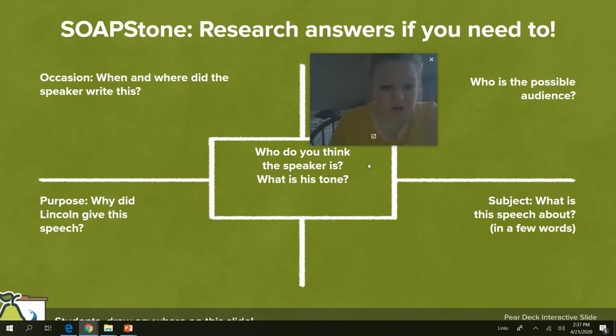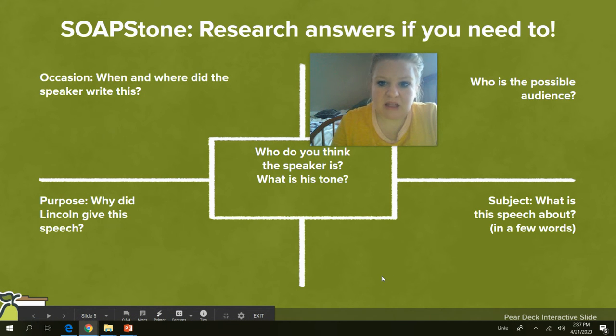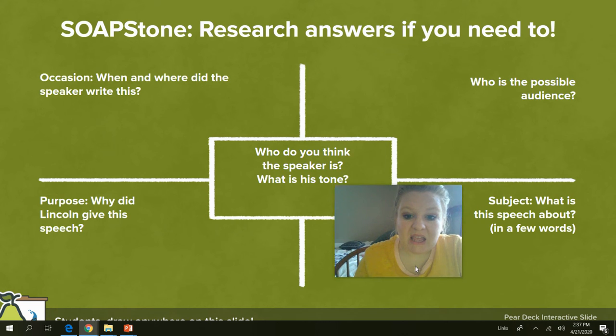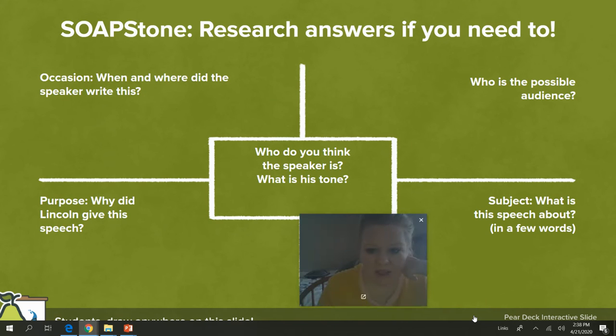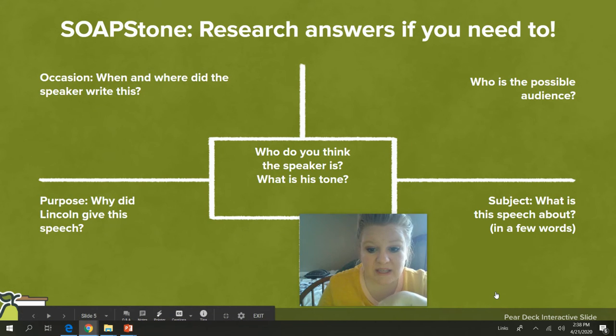So you can draw or write anywhere on this slide or where the questions are. And if you get really stuck or you're not sure how to word things, then you can look up more information about the Gettysburg Address. But try to do as much as you can without looking up things, because that's what you're going to do in the future when you read something without having the internet. And then after you get finished with this,